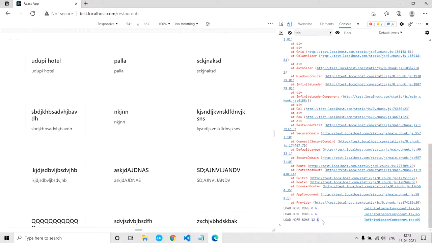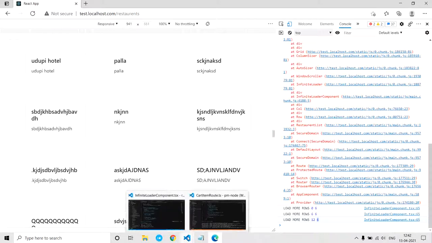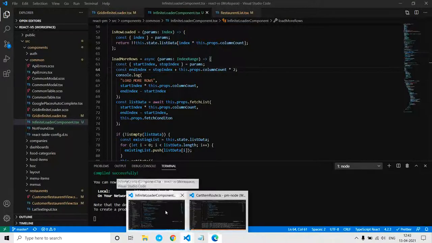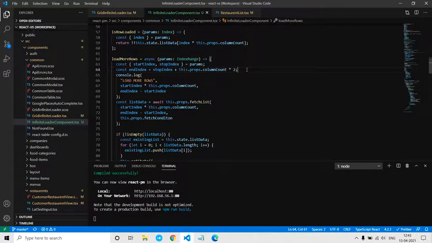So basically, since we are giving a number of columns, in this case 3, we are fetching twice those number of columns that we have mentioned here.